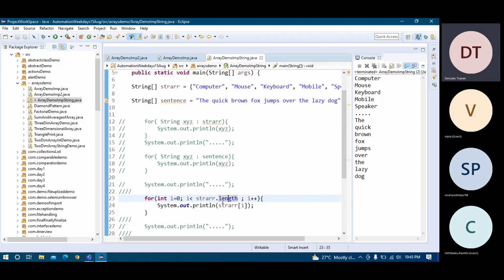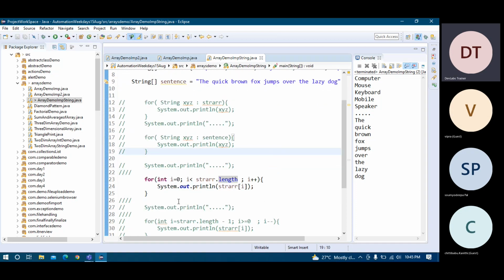Then the condition will be false and you will get some exception. Just be very careful, this condition should be less than in the case of array. And I plus plus, so every time the index is increased, that is okay. Now I'm just printing here str of I. So this is index based printing.